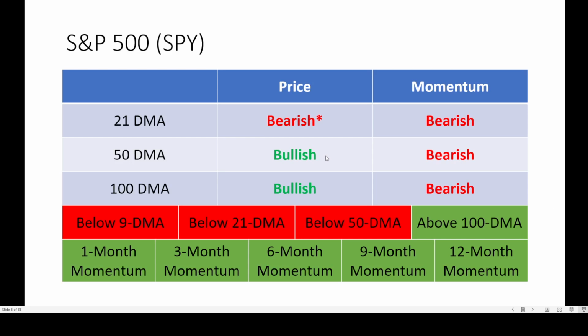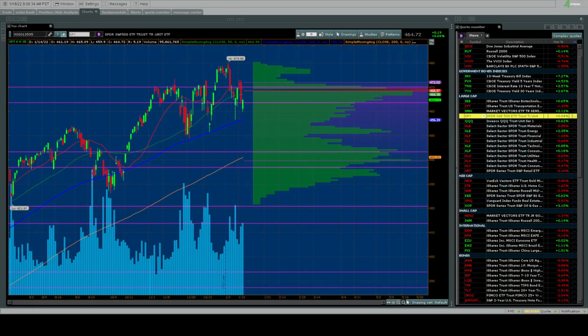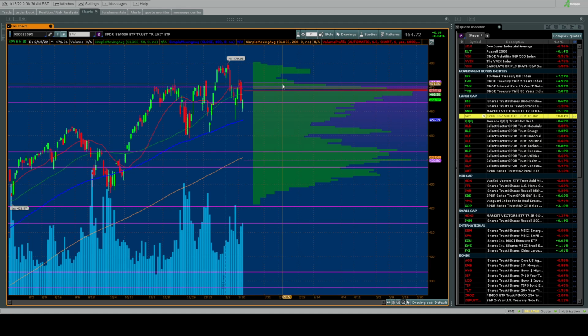And so that makes sense as we move in here and we see that price is now below the 21-day moving average as it heads lower. The 21-day is now turning lower. Price is headed lower on it. And you'll notice it's still above all its 1, 3, 6, 9, 12-month support levels. So on a momentum basis, it's still up, which is good because that means a lot of algorithms hang on to their positions when momentum is strong.